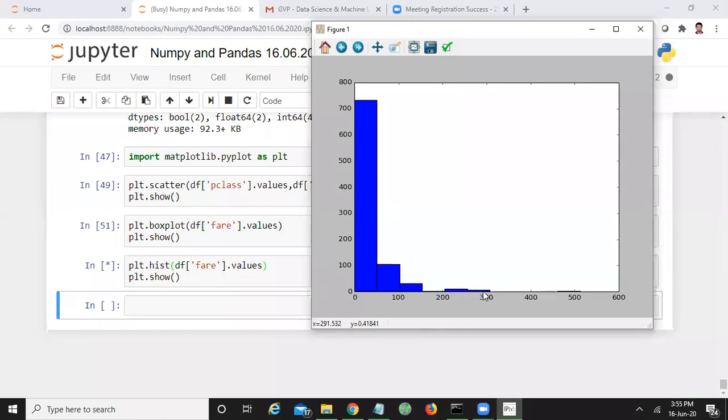We have very few whose ticket fare is 300 rupees. And here we have some more for the passengers who purchased the tickets in the range of 200 to 250. Similarly, 100 to 150 is some more, and 50 to 100 some more, but more people purchased with low fare. That means here I can understand the third class people are more in the ship. Like that, you can study the data.